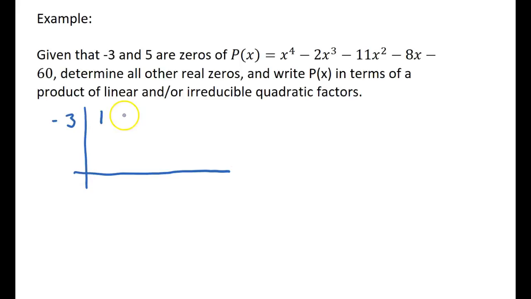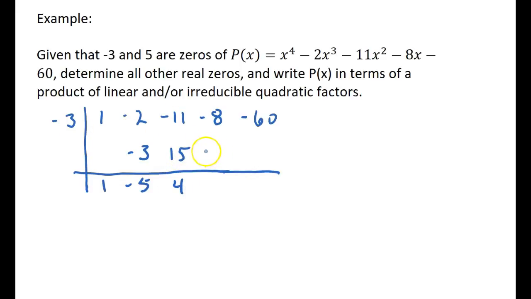Okay, so what that means is if I do synthetic division with -3 on my polynomial, I should get a remainder of 0. And if you don't know what I'm doing with synthetic division, go back to my YouTube channel and look at the synthetic division screencast I made. It's not very long. Okay, bring down the 1. 1 times -3 is -3. Add the -2, that's -5. Times -3 is +15. Add the -11, that's 4. Times -3 is -12. Add the -8, that's -20, times -3 is +60,